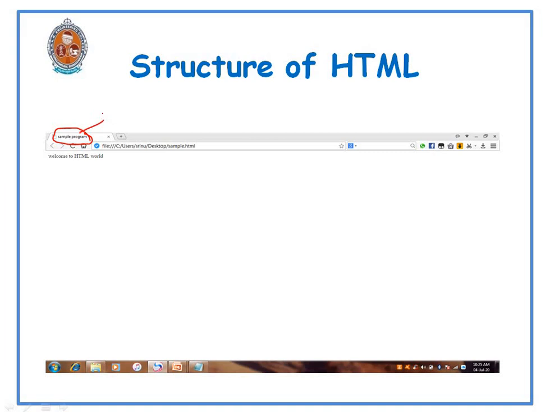This is the title. This becomes the title for our document. Whatever text is written inside the body tag can be displayed on the HTML body part. This entire part is the body part.